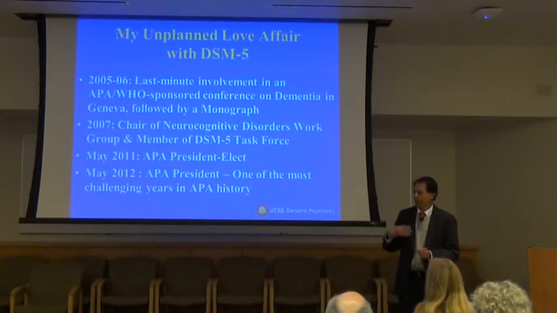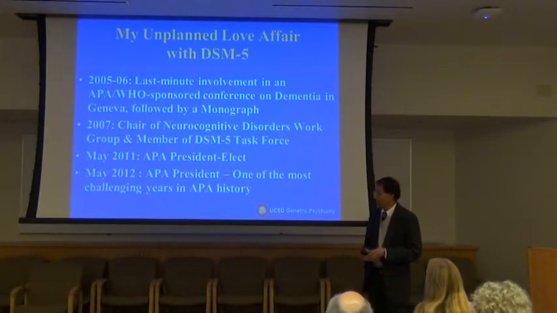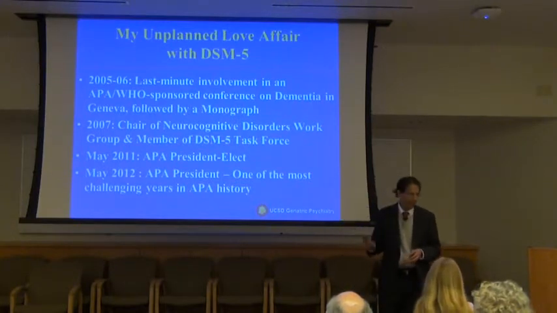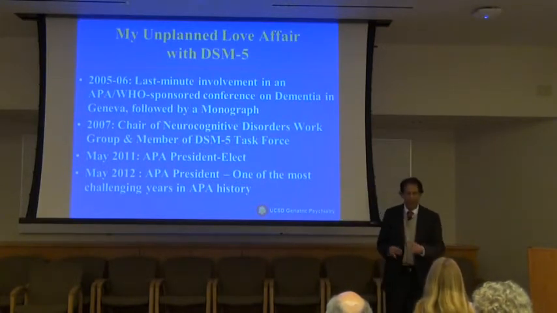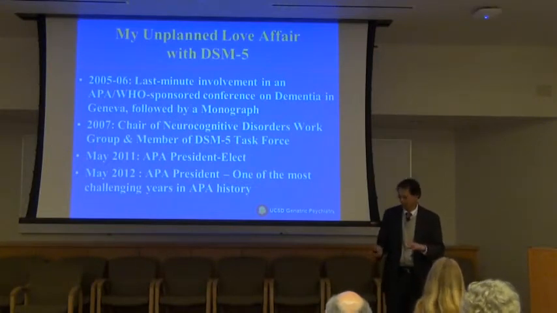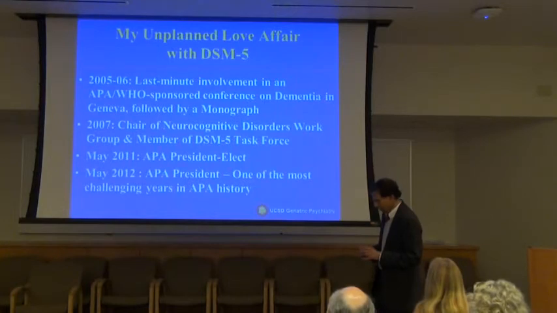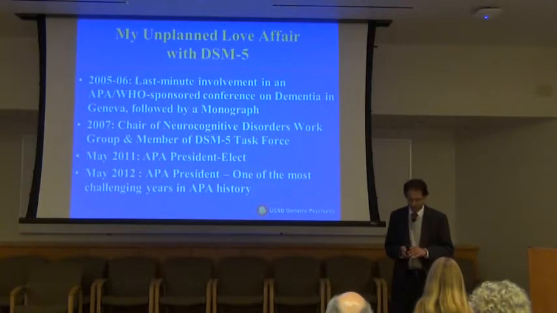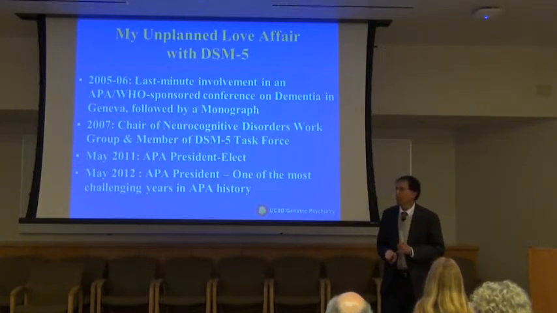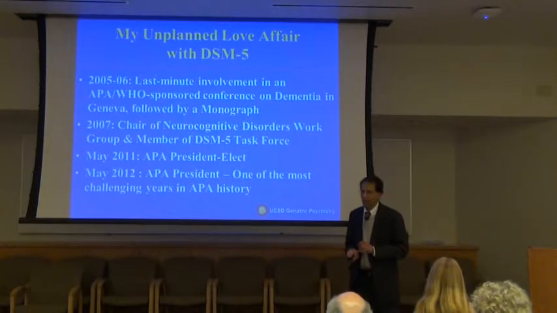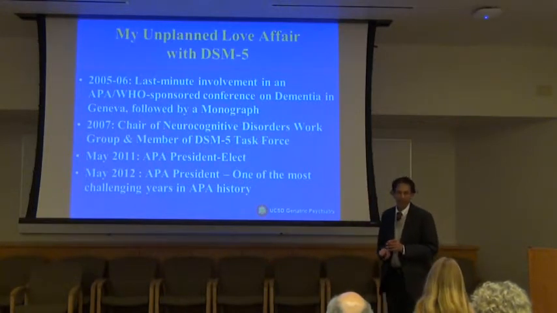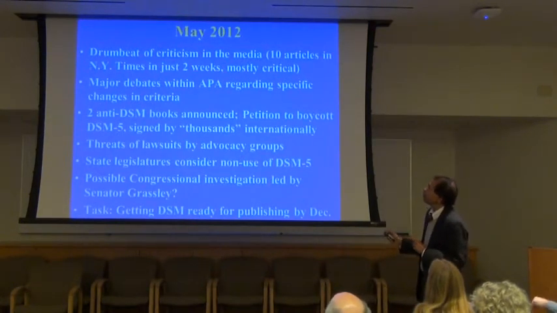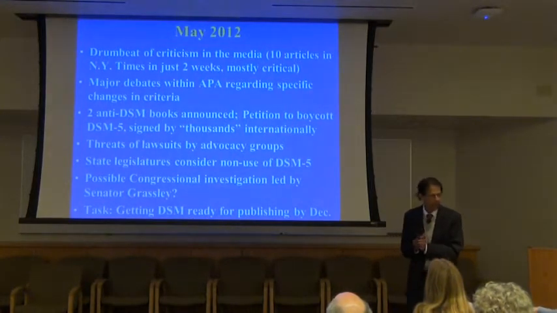And then it became clear that far more work was involved than expected. So when I was elected president-elect, I said I couldn't serve on that work group anymore because of my new responsibility. And I thought that was a great relief. I could get out of DSM. But what happened was that the year I was president was the year for approval and publication of DSM-5. Many people ask me why I chose to run during that year. Couldn't I have chosen a better year? But I didn't have the hindsight.